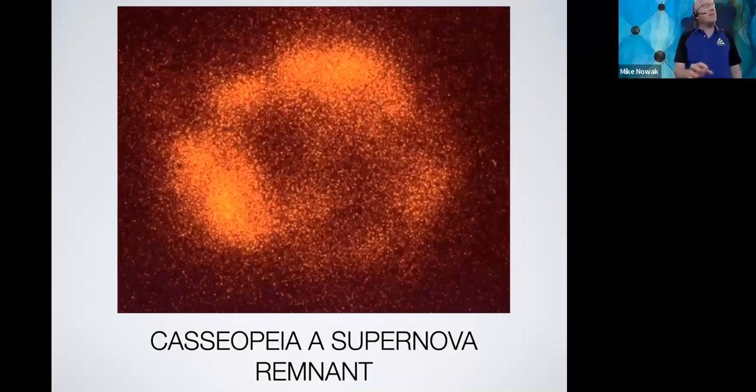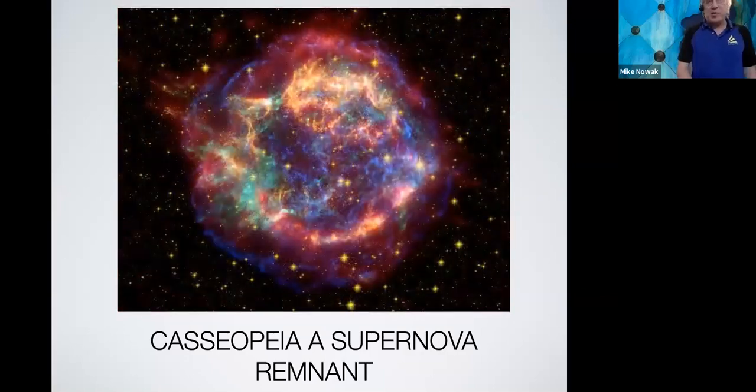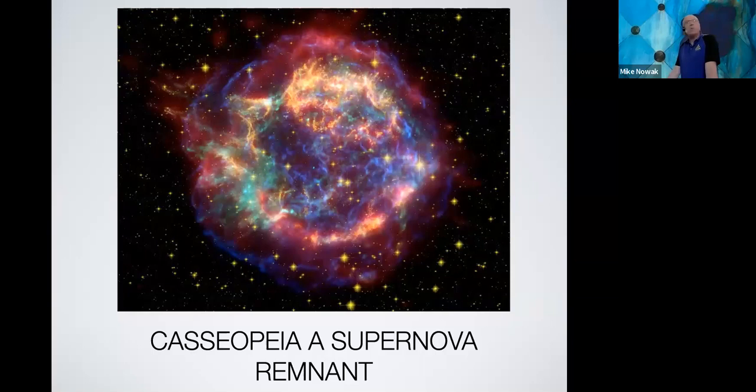So this is the Cassiopeia A supernova remnant, and this was done with the Rosat telescope, again back in the 90s, and this is our image of it in the X-rays, and you can see it's much better. If you look very closely, you can see a pale blue dot in the middle. That is the central neutron star that's left over after the supernova explosion. It's the first time it's been able to be spatially resolved. And the material around it is the hot gas.